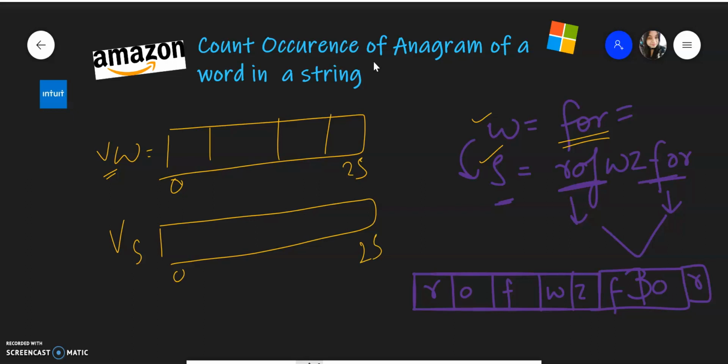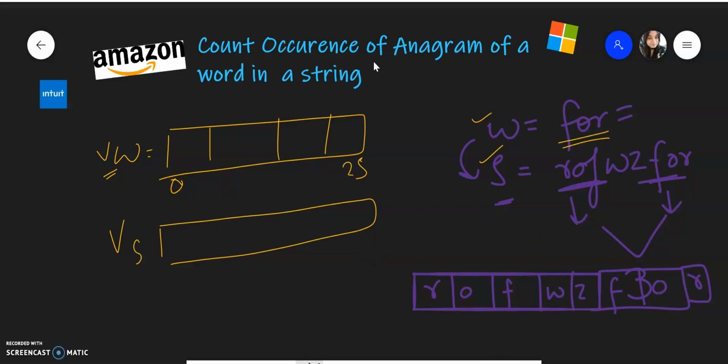For example, this 0 will denote small a, and yes, it is given that all the alphabets are in small letters. So here 0 will store our small a, 1 will store our small b, and so on. At the end of this, as I told you in the STL video, you can check whether two vectors are equal or not just by the equal to sign. So at the end of the comparison, if these two vectors are equal, that means this is an anagram, right? If you are not understanding it right now, just follow this video till the end. You will surely get what I'm talking about.